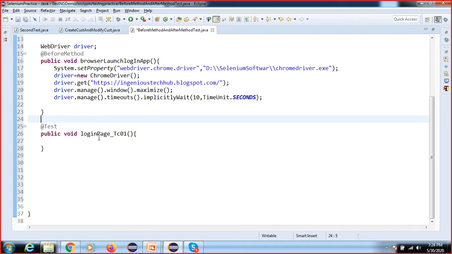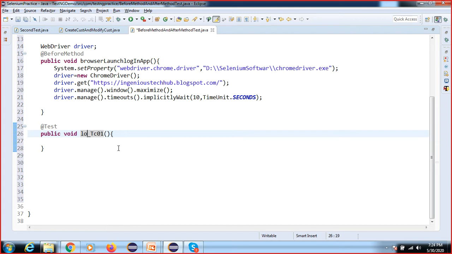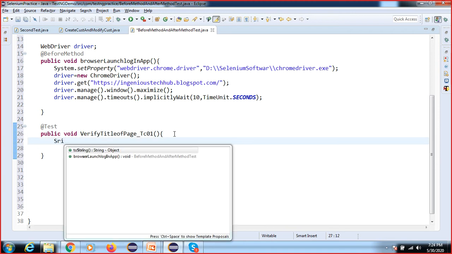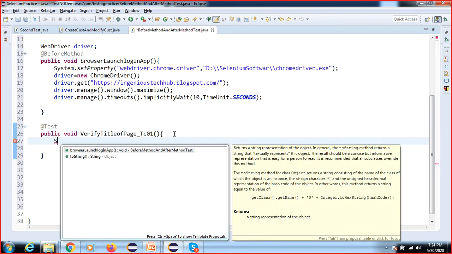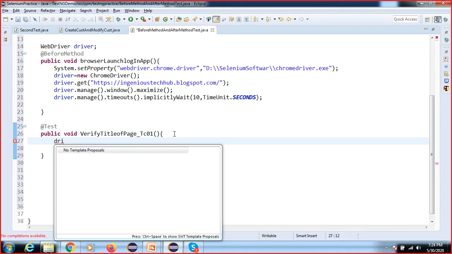So here we are going to the login page. Here I will write verify title, title of page. Now how to find this title?